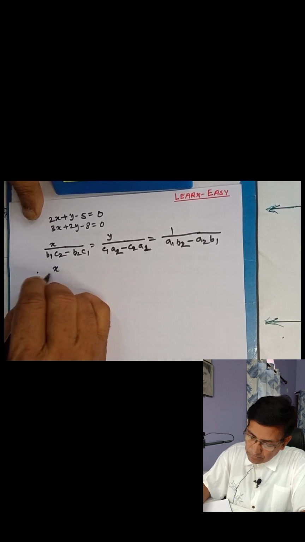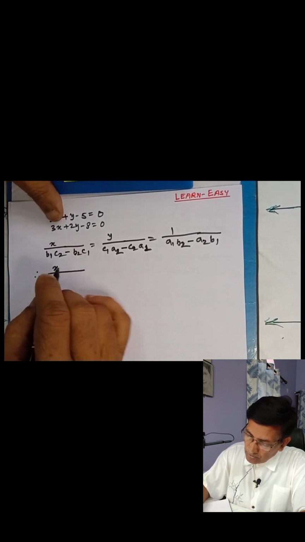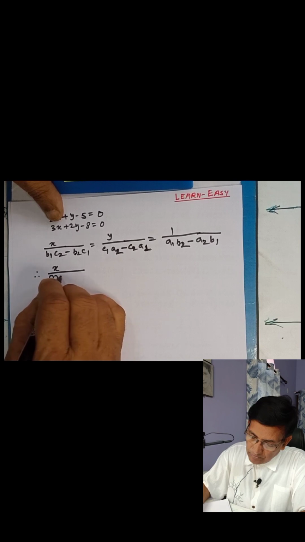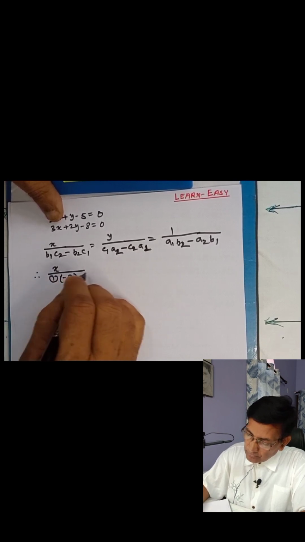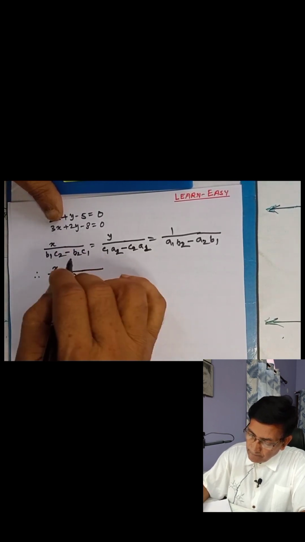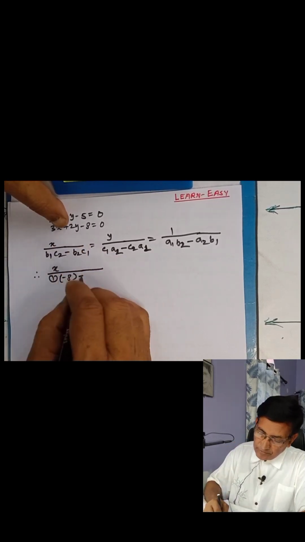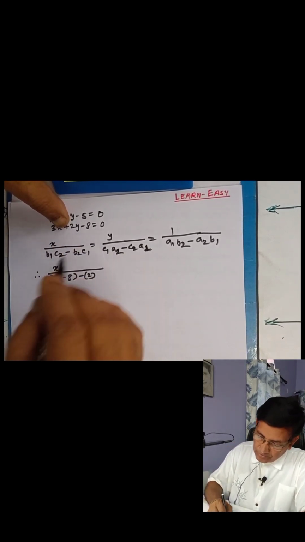Therefore, x by b1 c2, that is 1 into minus 8, minus b2 c1, that is 2 into